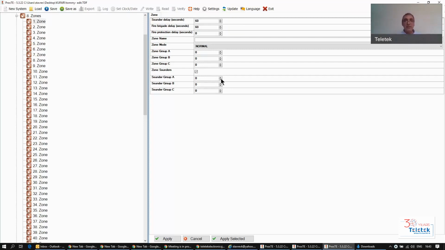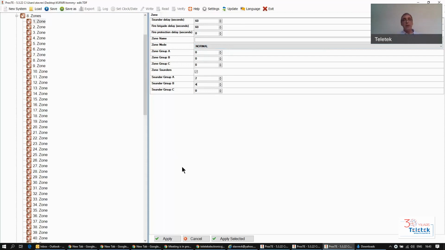So if I put this zone to activate groups of sounders number 2 and 4, when this house is on fire, it's going to turn on its own sirens, plus it's going to turn on all the sirens that belong to group number 2 and group number 4. So I guess with this we'll end the mystery about